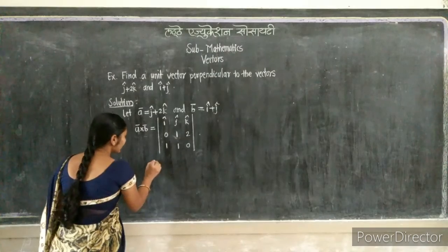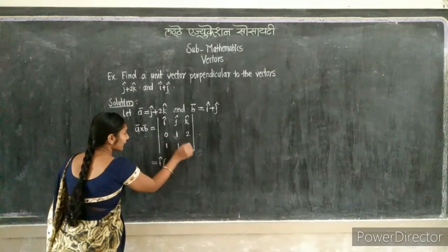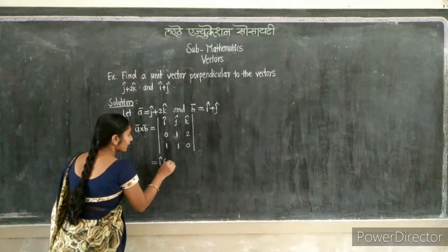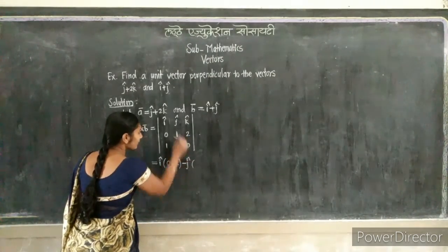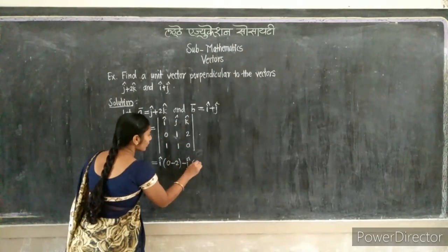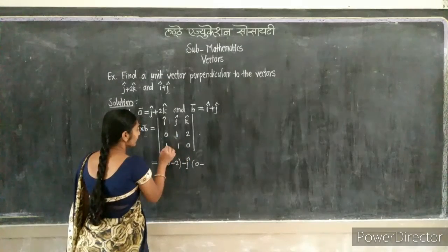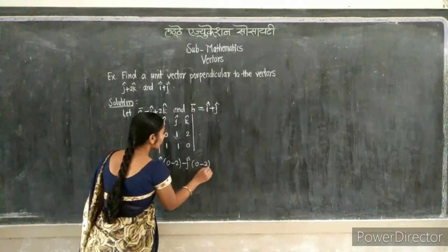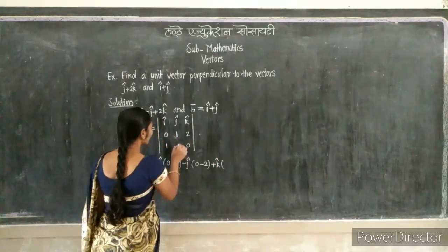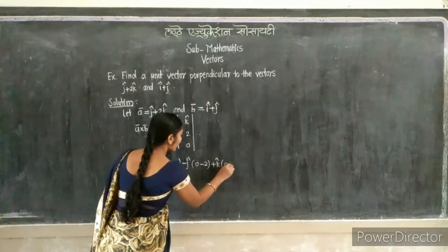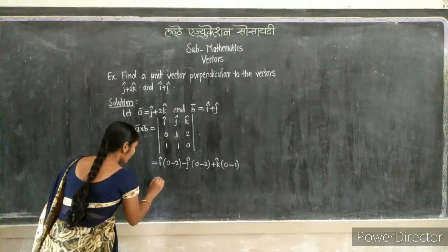Expand the determinant: i cap in bracket 0 minus 1 into 2, 2, minus j cap in bracket 0 into 0, 0 minus 1 into 2 is 2, plus k cap in bracket 0 into 1, 0 minus 1 into 1, 1,